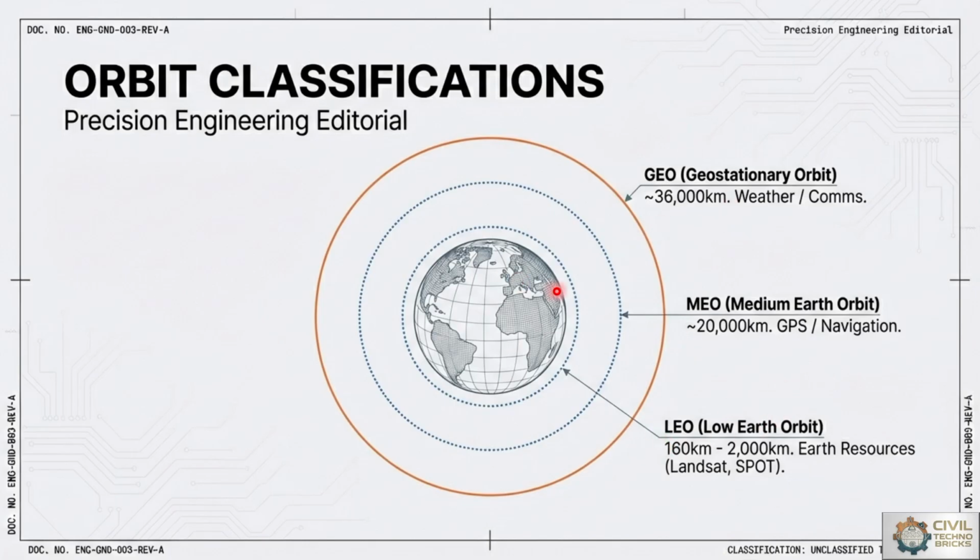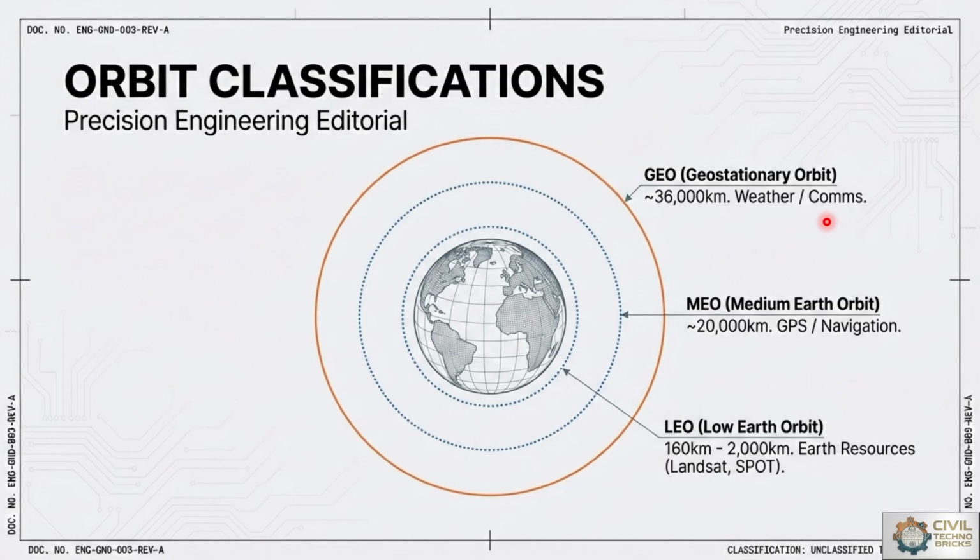So for orbit characteristics comparison we check that low earth orbit gives high spatial resolution but covers a smaller area, then medium earth orbit provides wide coverage suitable for navigation and positioning applications, but the geostationary orbit provides continuous observation over a large region, though they generally have lower spatial resolutions. So if we want high resolution we can prefer low earth orbit, or if we want to cover a large area then we can prefer